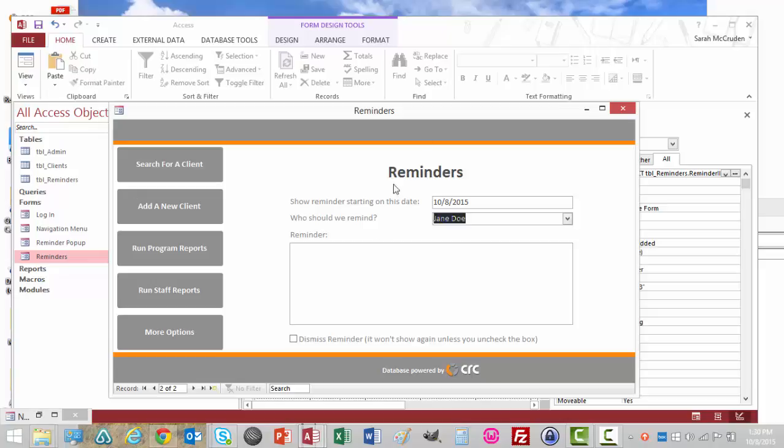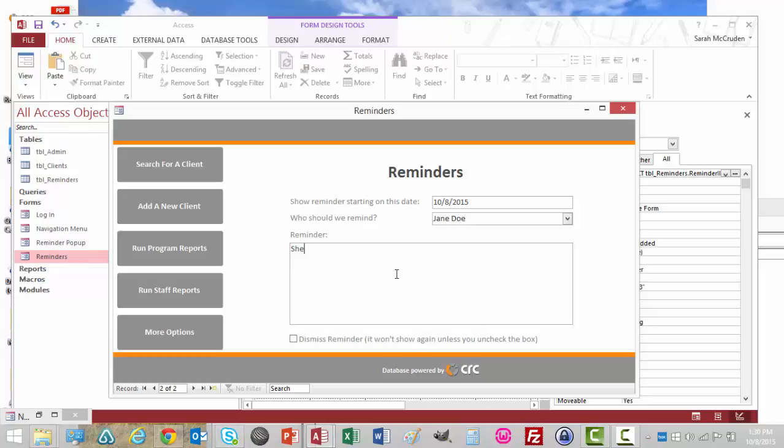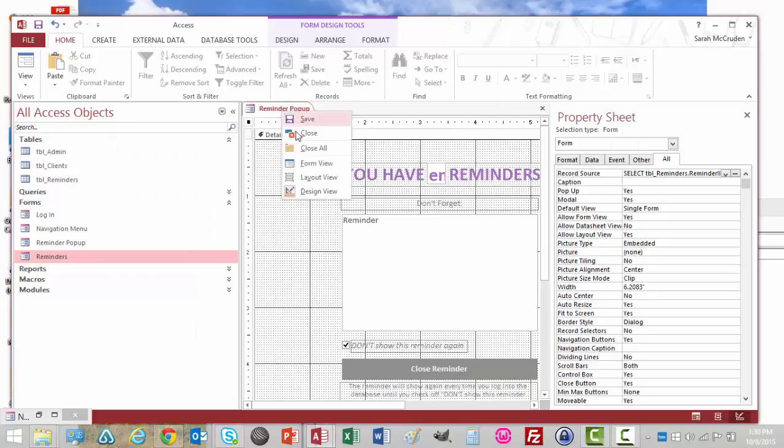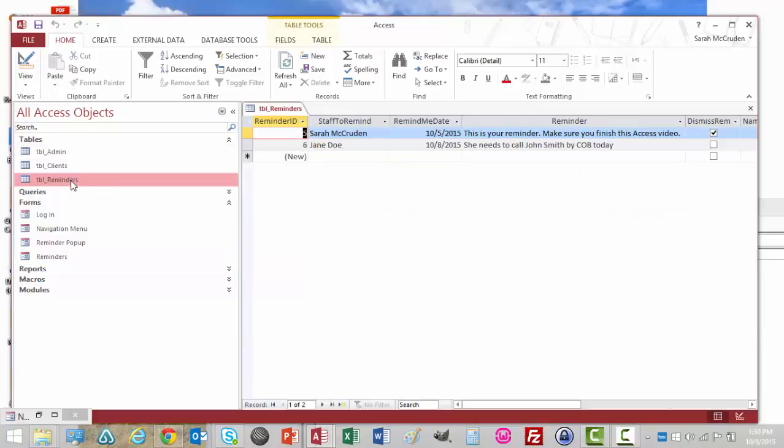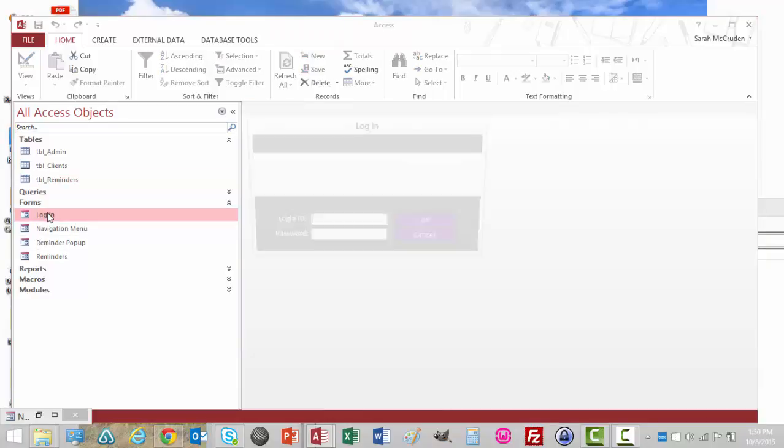So using this, I could be like, okay, I want to have this reminder starting on this date. I want to remind my coworker, Jane Doe, that she needs to call John Smith by close of business today. Okay? So I turn that off. Now we look in the table, we see that it's in here, and it's not yet been dismissed, obviously, because it hasn't come up yet. So now, if I log in and I'm Jane Doe,